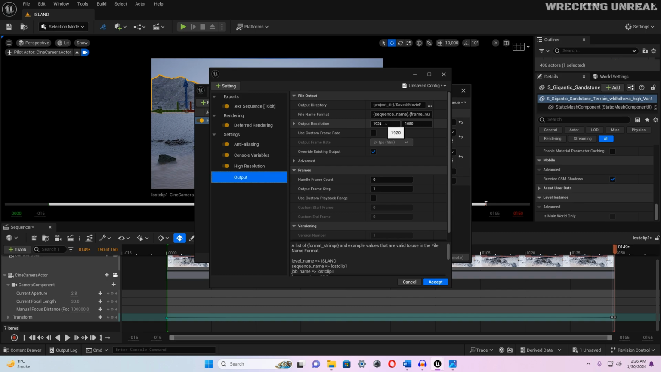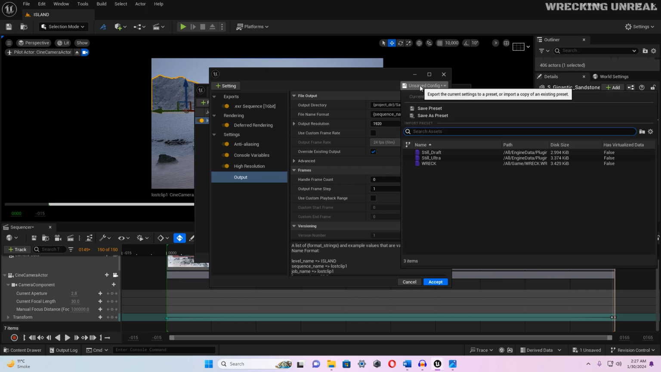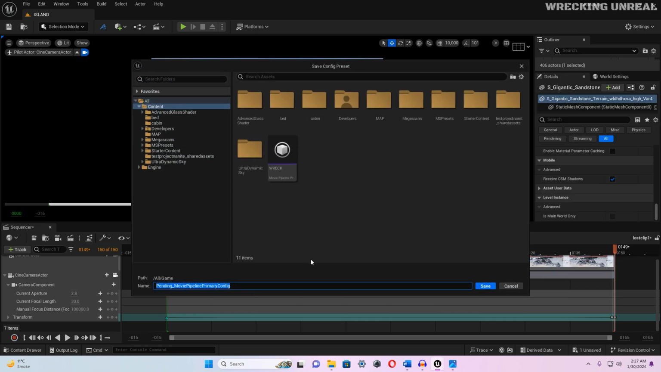You can increase it to 1440p or like 4K, but it will increase the render time, and you need to have a very good PC to render it in 4K. So after that, just click accept, and you need to save this config. You can save this config here. Click here, and you need to save preset like working Unreal,